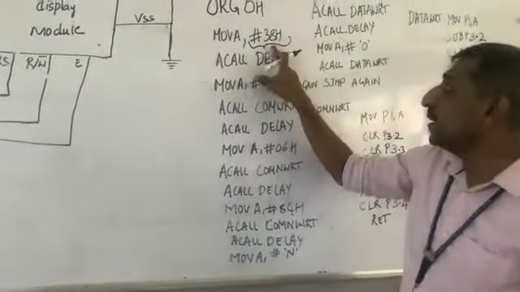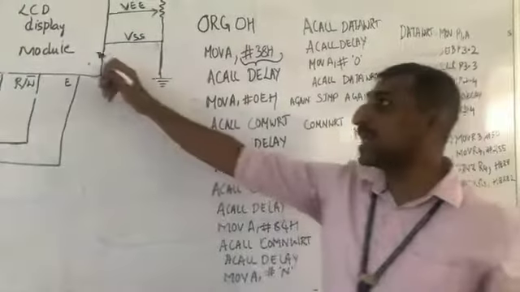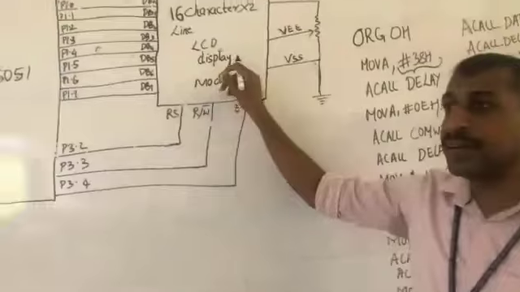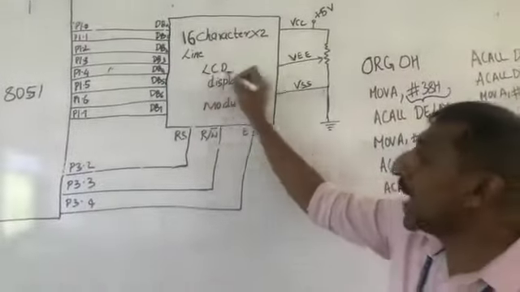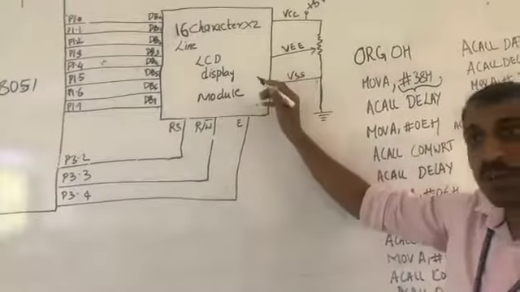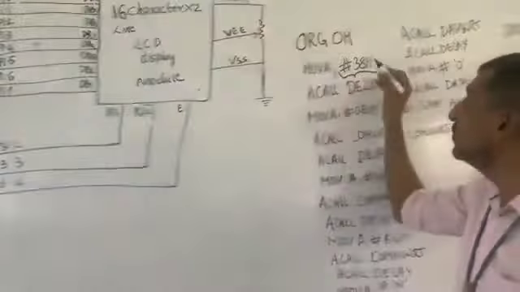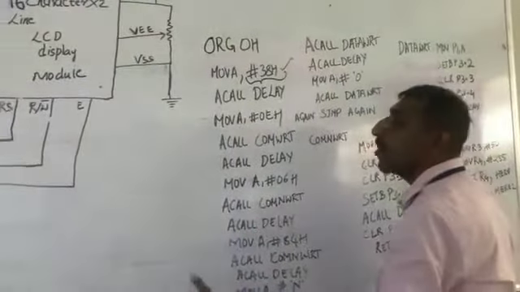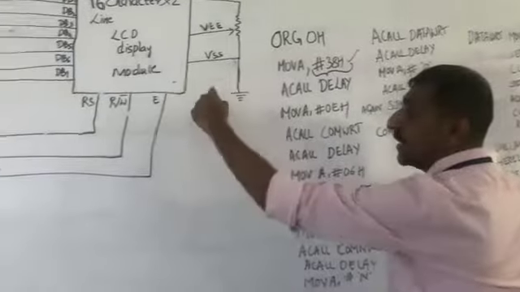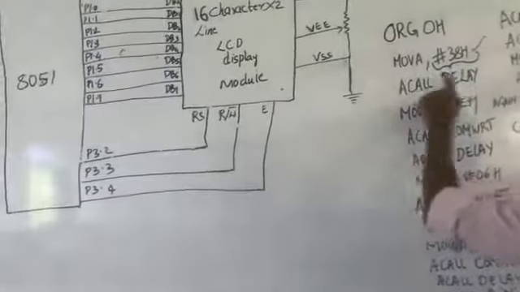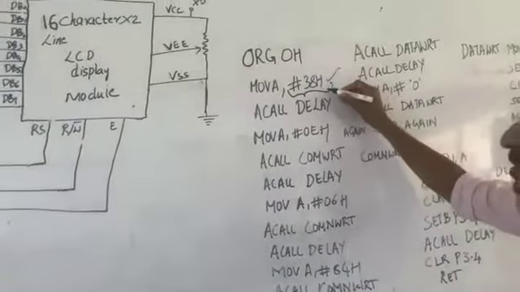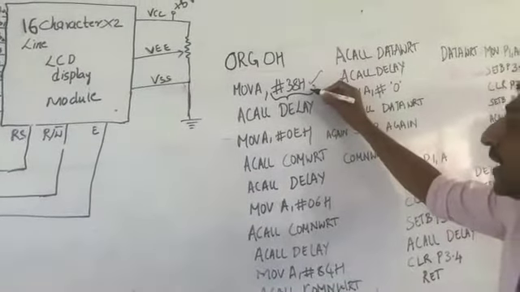I said that if you want to select an LCD with 2 lines and a 5x7 matrix for each character display, then we should go for 38H. So in that very same context, we are first sending the codes. We are sending the code 38H, the command 38H,